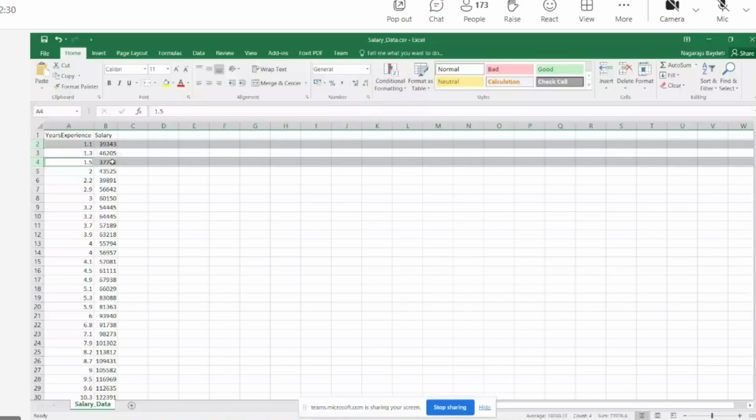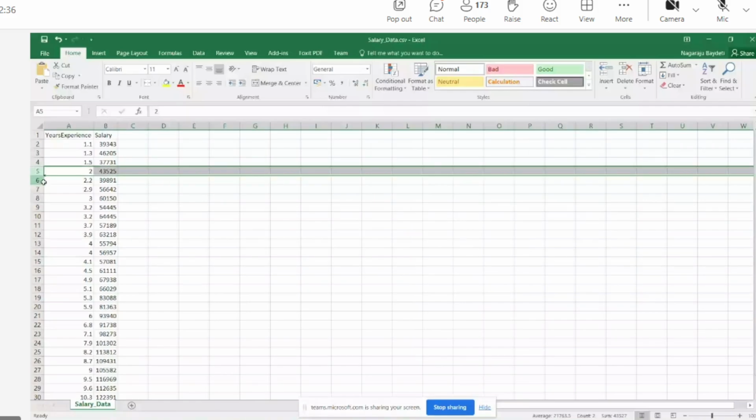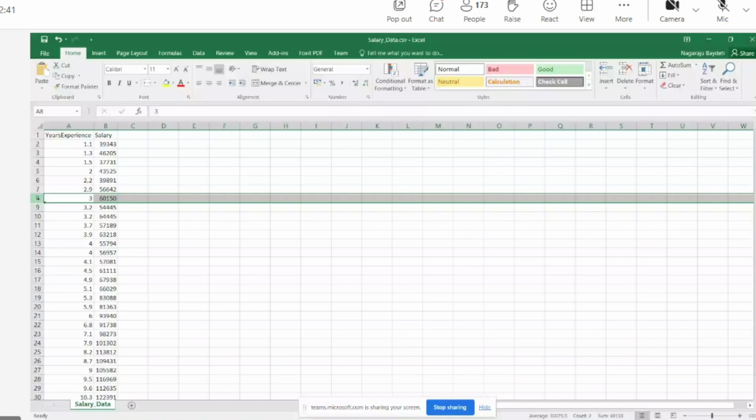You are able to understand? Sometimes less experience has more salary. Sometimes more experience has less salary. And sometimes more experience, more salary. Are you able to understand what I'm saying? Here, there is no standard help from the data set itself, which experience will get how much salary. Now, such kind of data set, if it exists, and if the machine has to learn, then this comes under unsupervised learning. I hope I am clear.